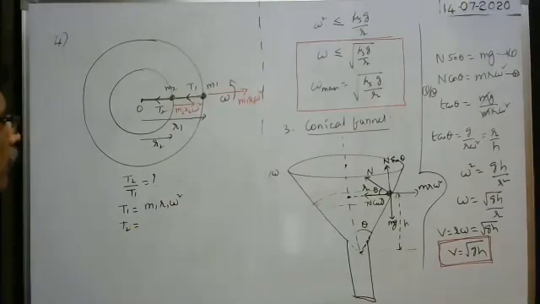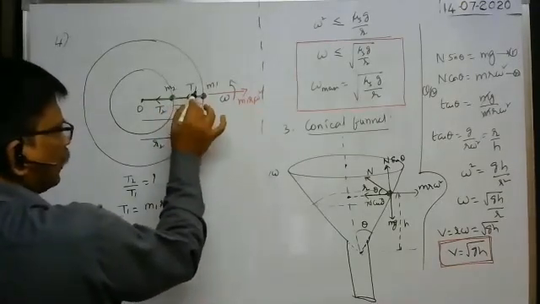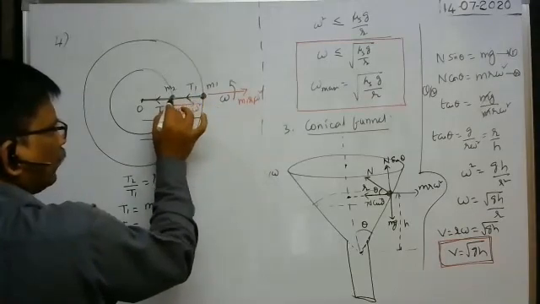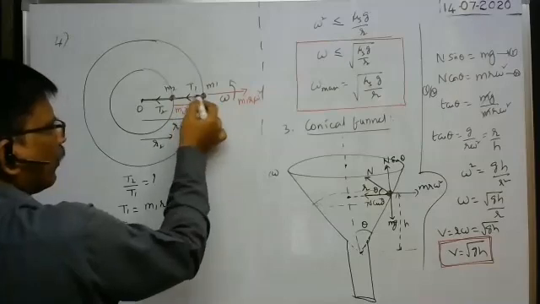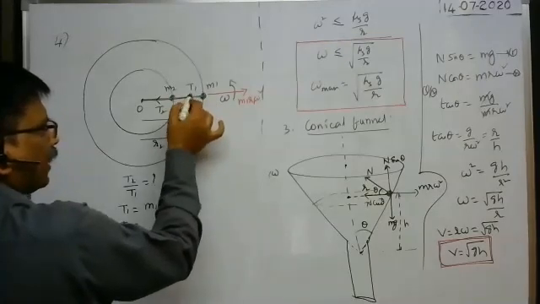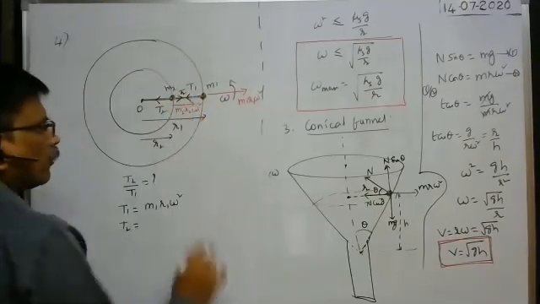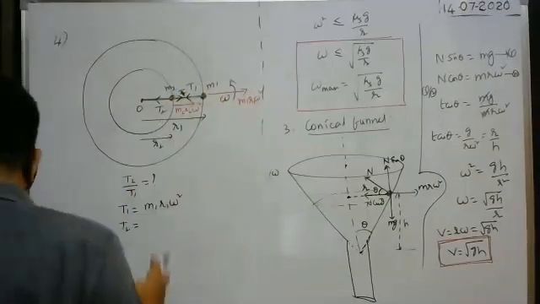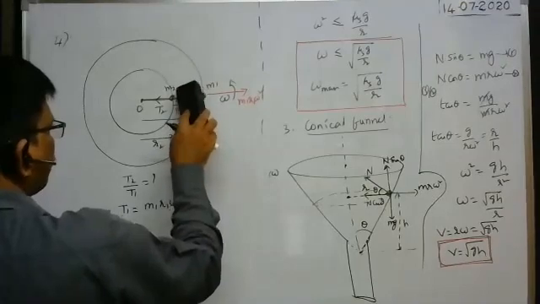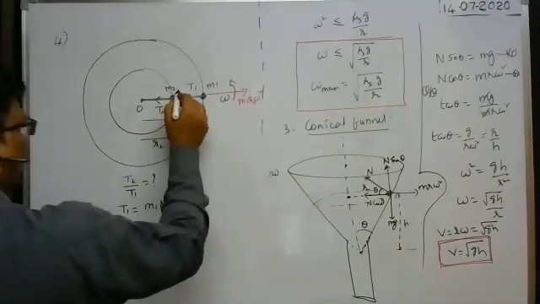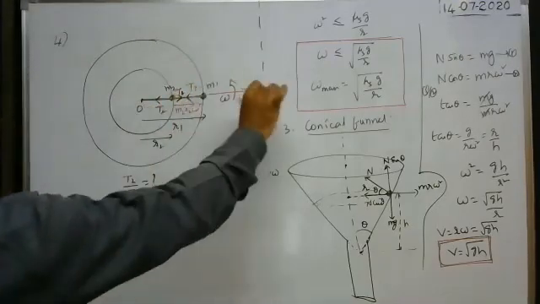What about T2? Here you see, on this body, if this is the tension, the same tension acts on the body because there is a rope joining the two bodies. If tension acts on the first body M1 away from it in this direction, the same tension acts on the second body away from the body, in this direction. So here T1 acts on the second body, away from the center, in this direction.